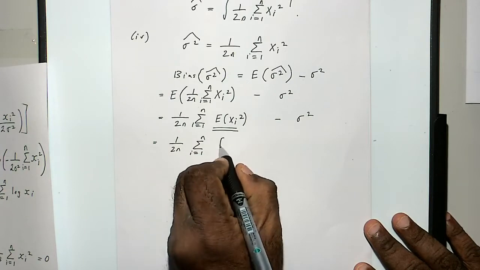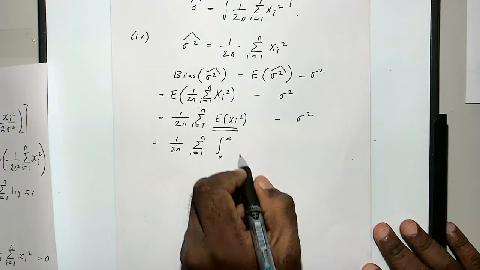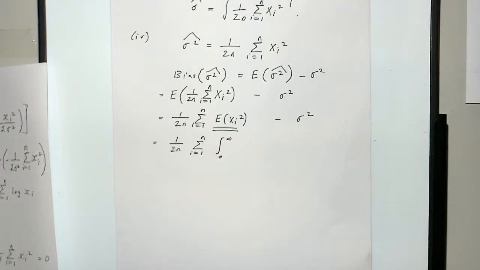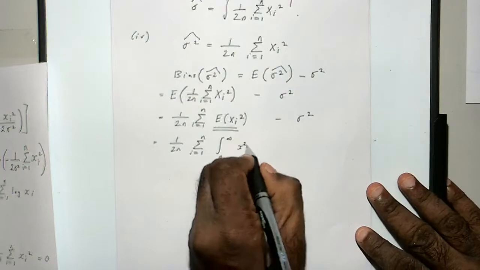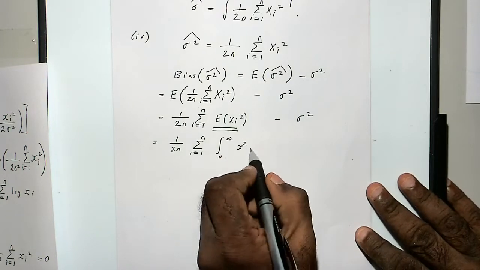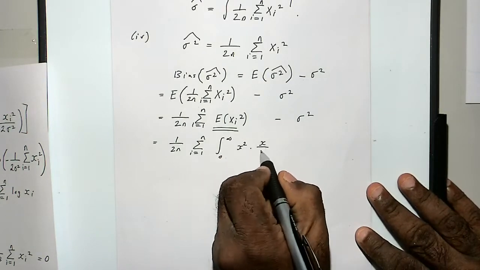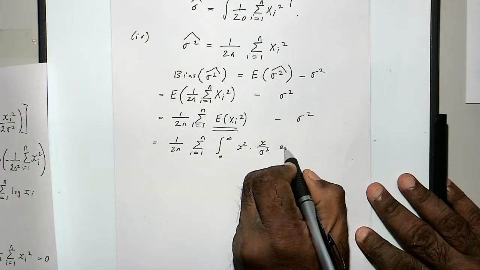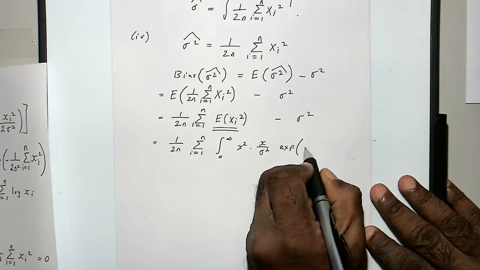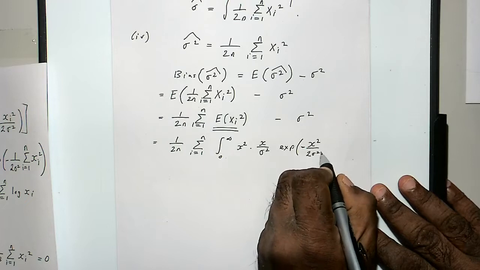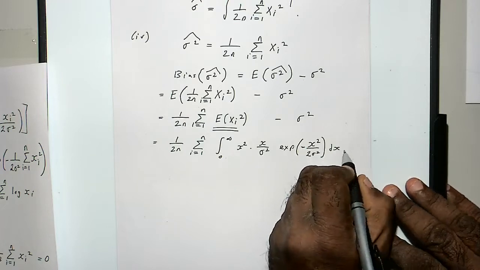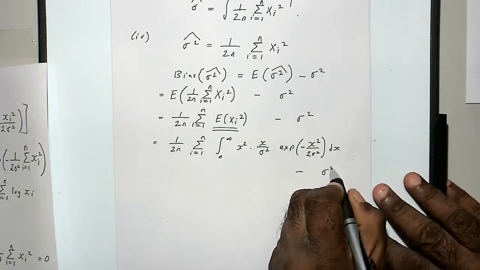It's going to be 0 to infinity, because the PDF is defined only on the positive real line. 0 to infinity of x squared times the PDF, which is x over sigma squared, times exponential of